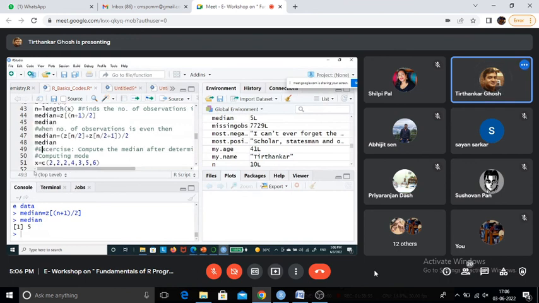That means it is not stated whether the number of observations is even or odd; you have to find that. Checking even or odd can be a programming problem: you need to check whether it is divisible by 2 or not, and then you can say whether it is even or odd.